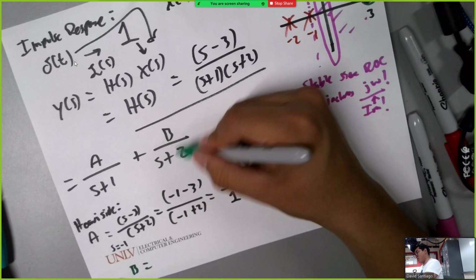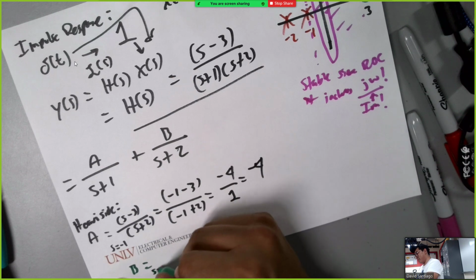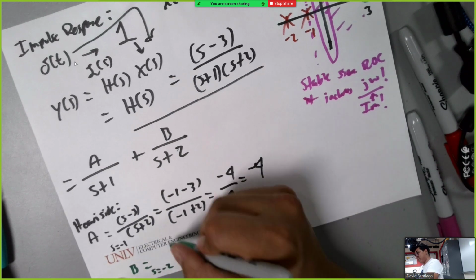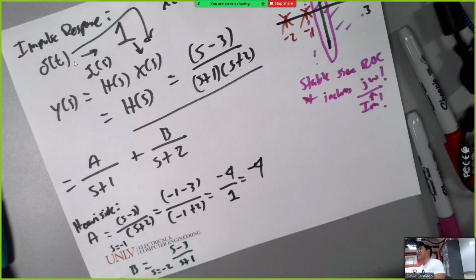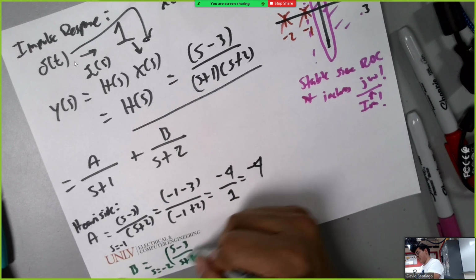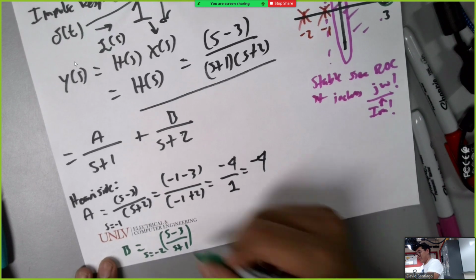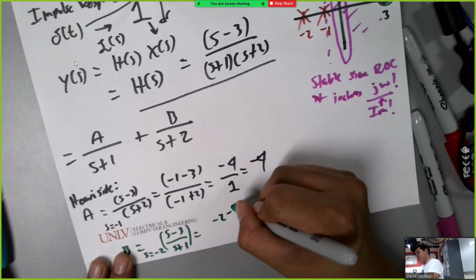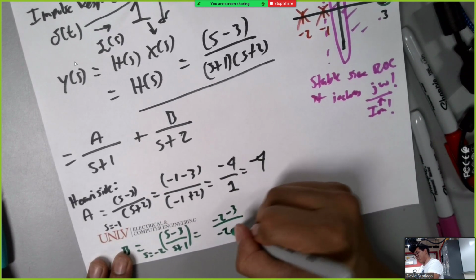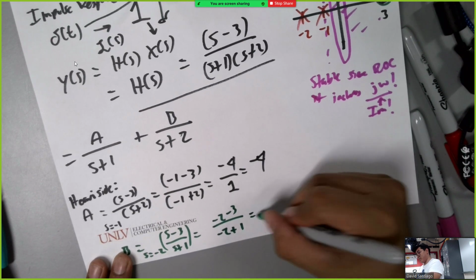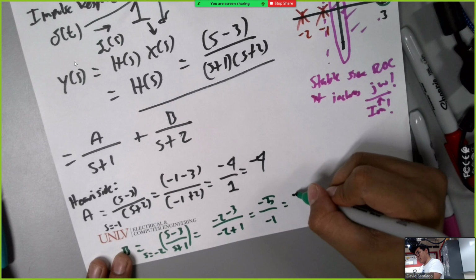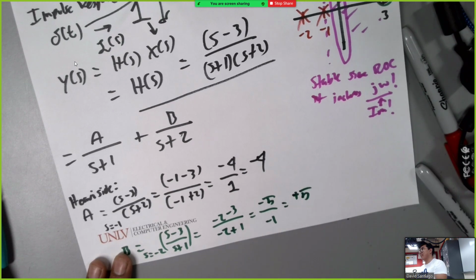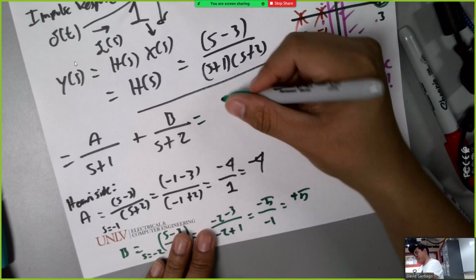Now let's do B. Where does B go to infinity? When s is equal to -2. That means s minus 3 divided by s plus 1. Are we following? That's -2 minus 3 divided by -2 plus 1, which is -5 divided by -1, positive 5. Make sense? Which means our final answer